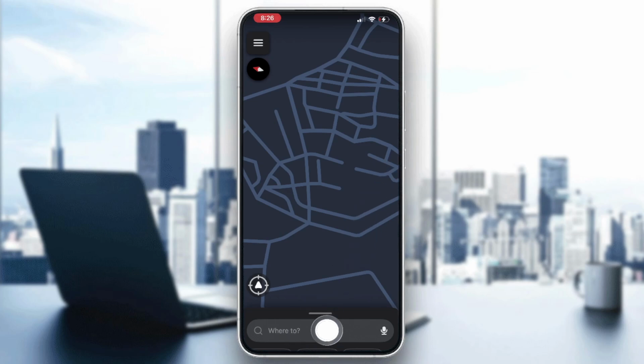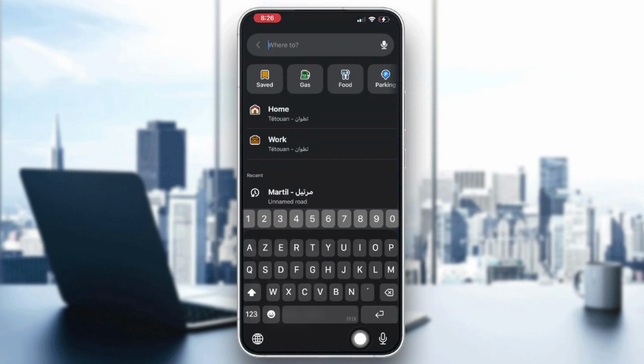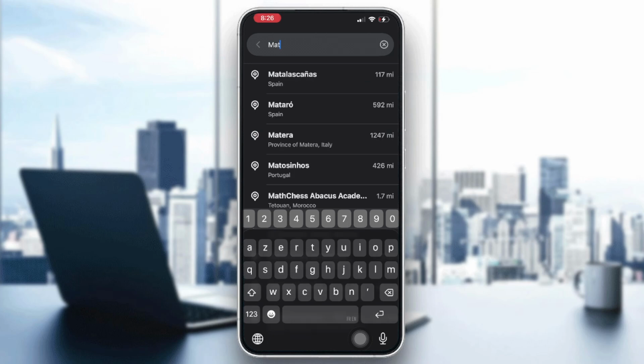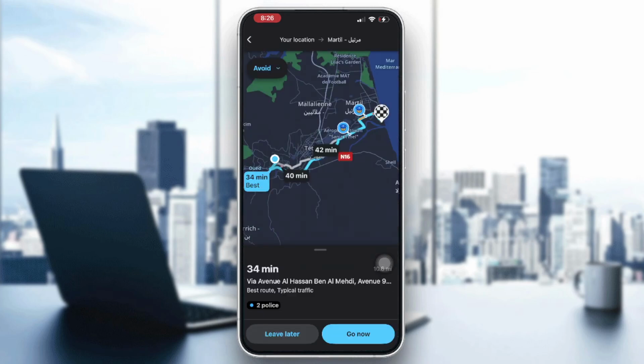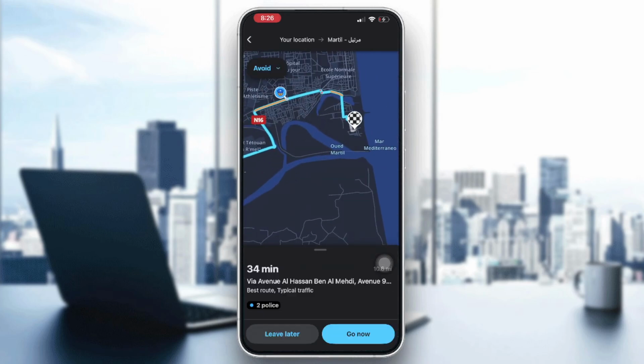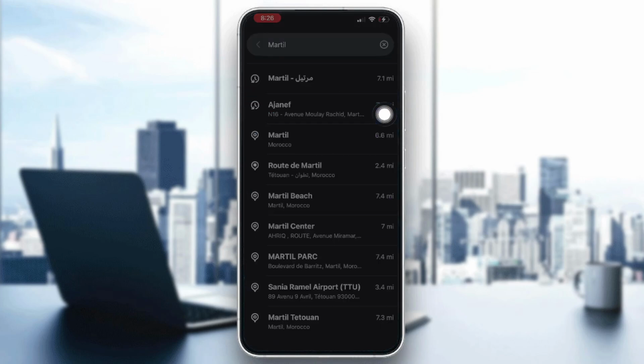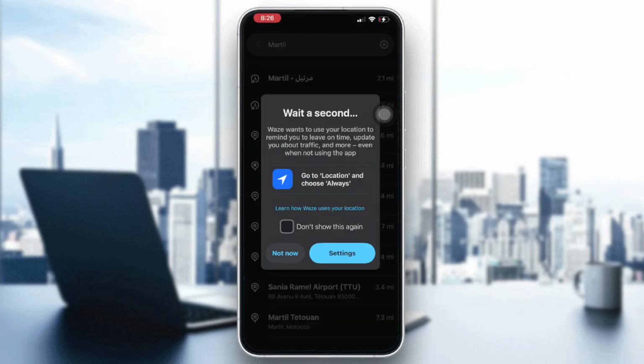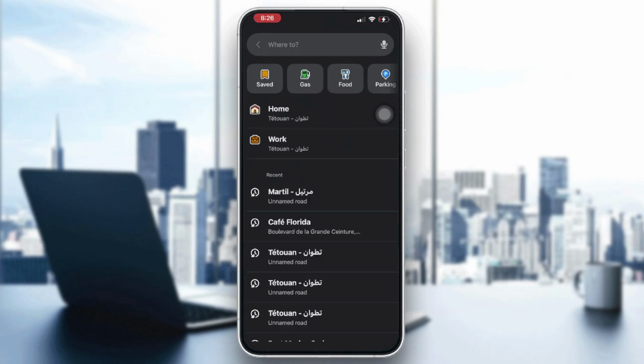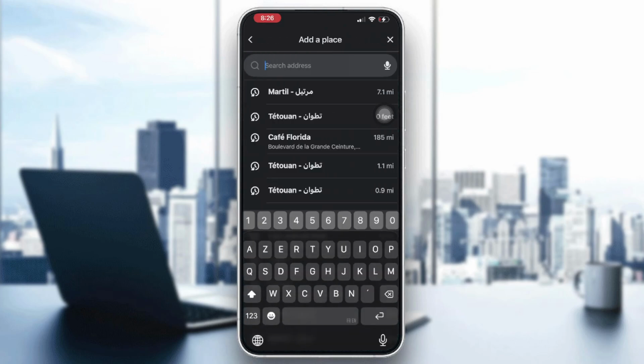icon or bar that you can find at the bottom of your phone's screen. So here you will need to search for the place or address you want to save. So for example, I will go with that place or address, right? And then just go with save. Okay, all right, so that way you will save it to your saved